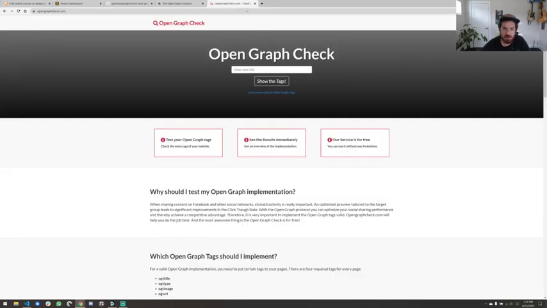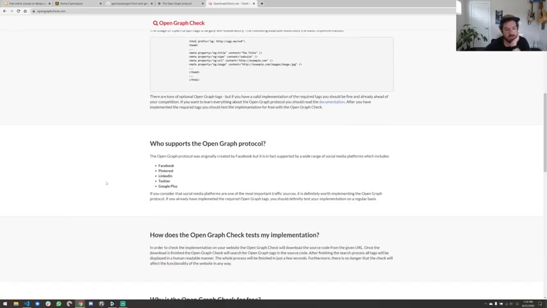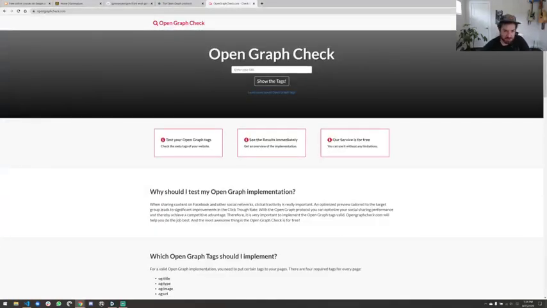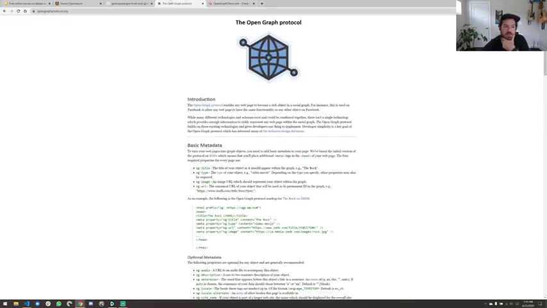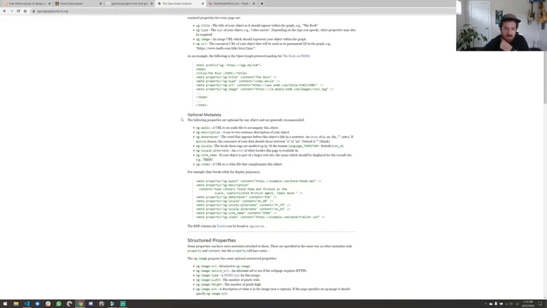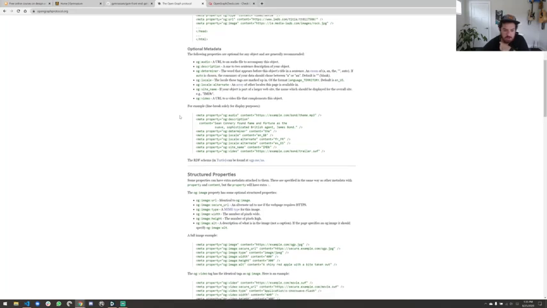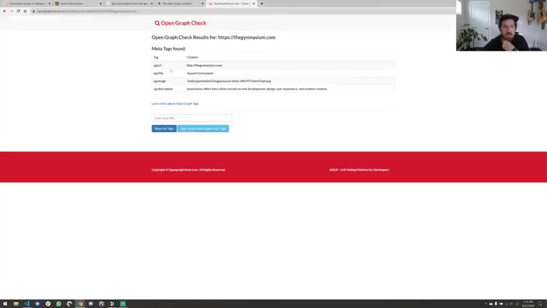One of these is Open Graph Check. It'll go and check any URL you pass to it. So if I went to, well, we'll compare thegymnasium.com. This is our current site. Oops. Okay, it needs the fully formatted URL. If we pull up here, we have a URL, a title, an image, and a description. You can see that this image comes from a specific place, which is really nice. In the description, there's lots of other good stuff we could put in there, which we probably should give another look at some point, and in part that's what we'll be doing today.